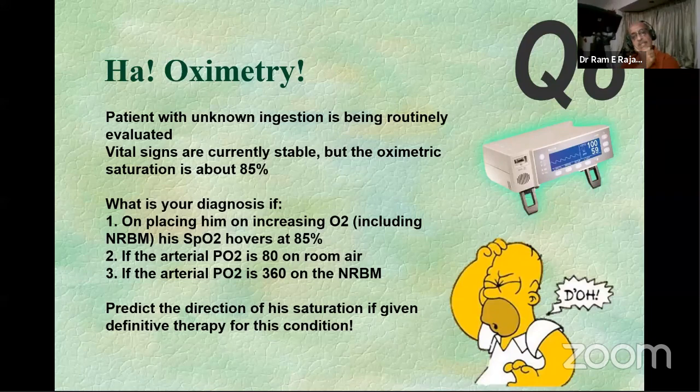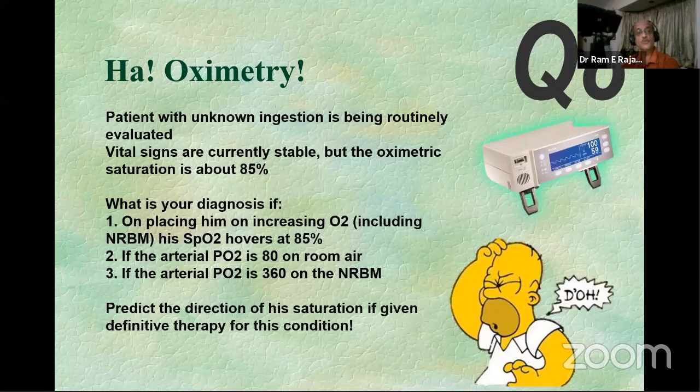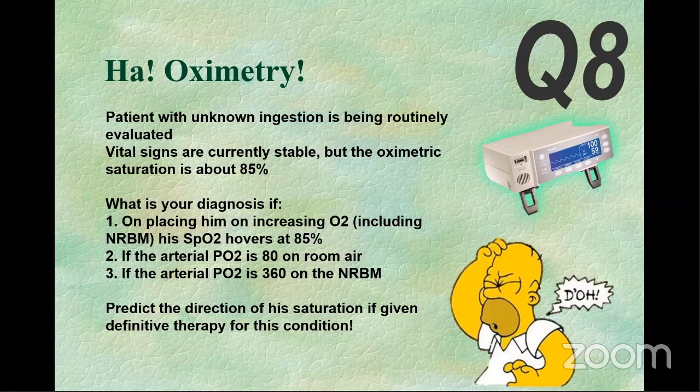Just as an idea, this is very typical when you're giving the methylene blue. Do you use methylene blue for any other condition? Can you tell me? Besides methemoglobinemia? Refractory shock. Refractory shock, what they call super refractory shock, where you've already gone on to high levels of every other agent and then methylene blue. Very recently, our friends are also using vitamin C, which has not been shown to be true. There is no data on methylene blue either, but that is something that we can always use, but I wouldn't probably recommend that because there is no data to support its use. But thank you for remembering that.